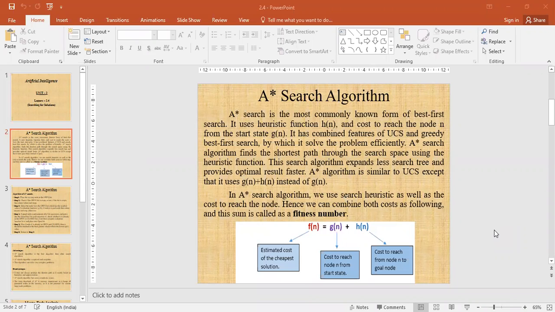The central idea in the A star algorithm is to guide best first search both by the estimate to the goal as given by heuristic function h and the cost of the path developed so far.